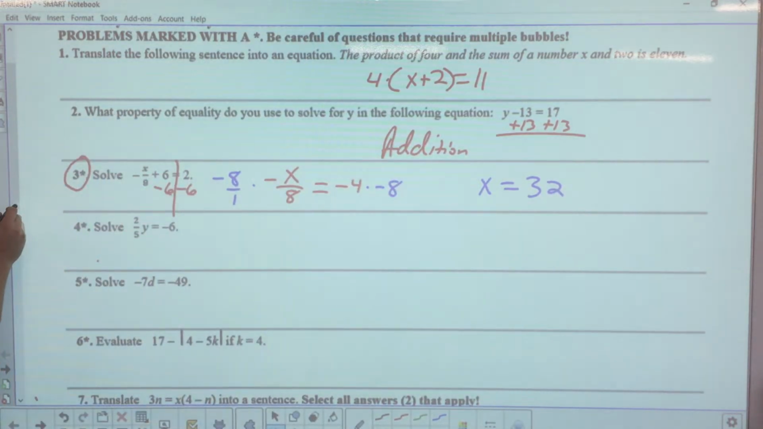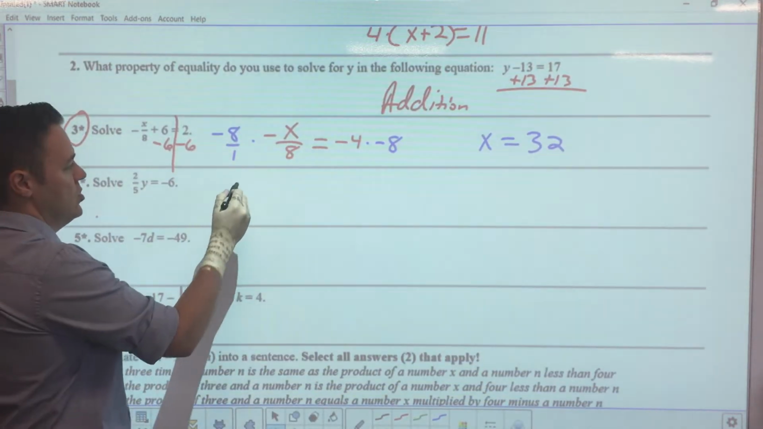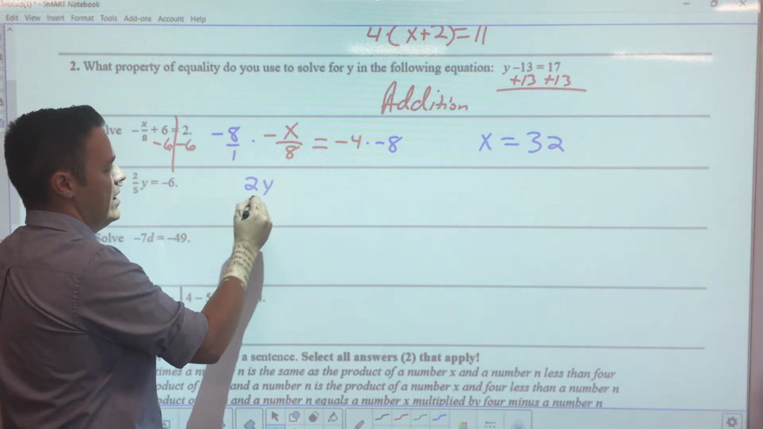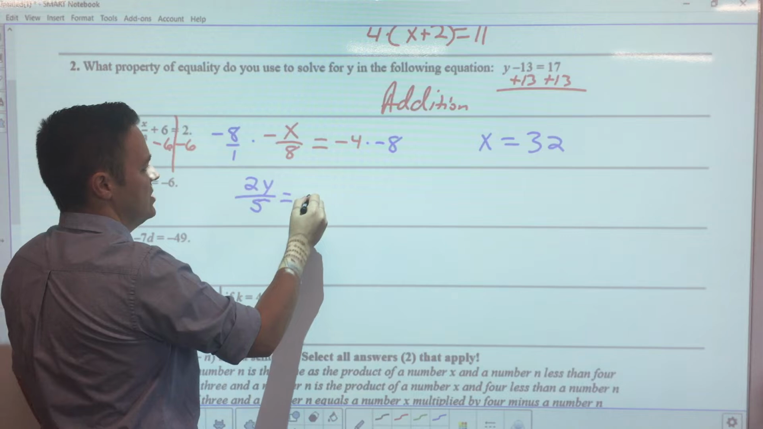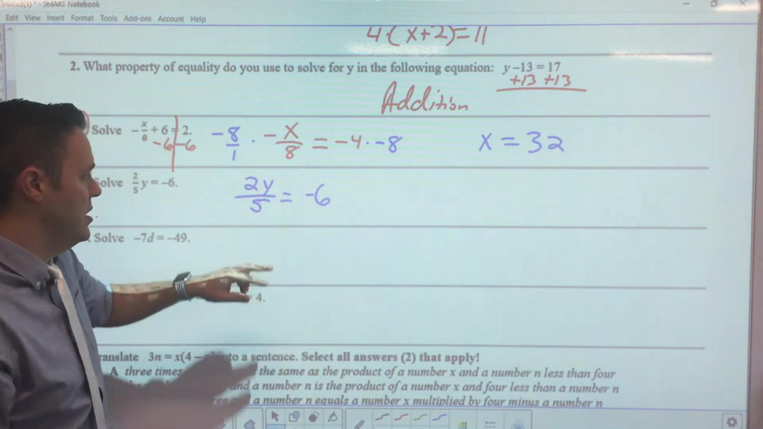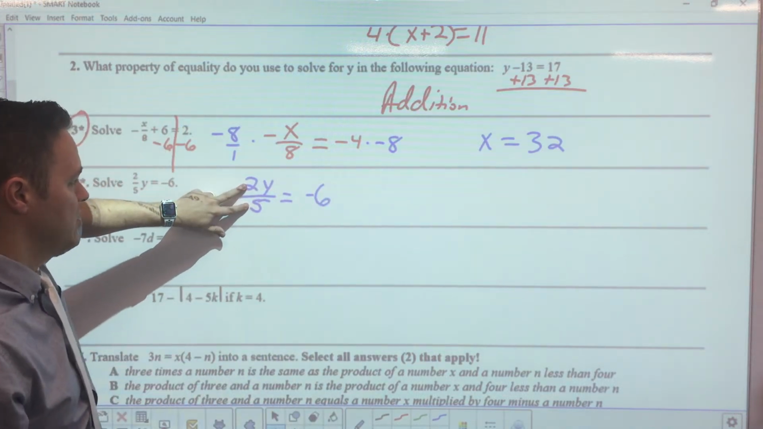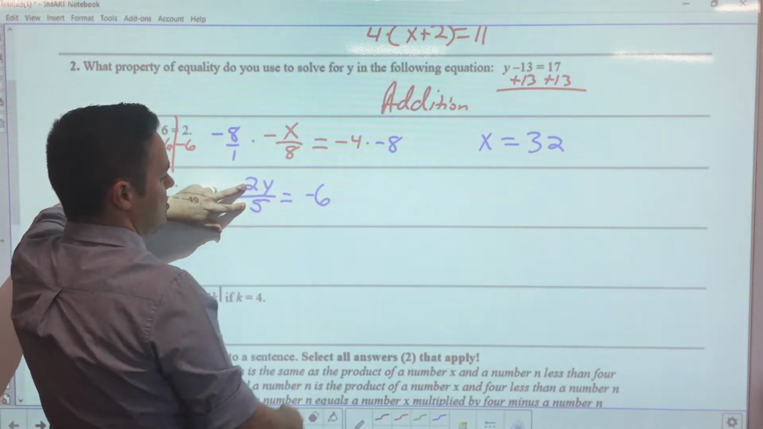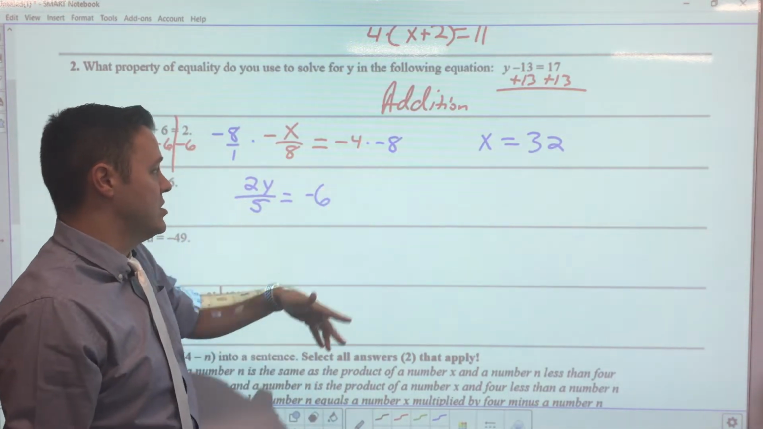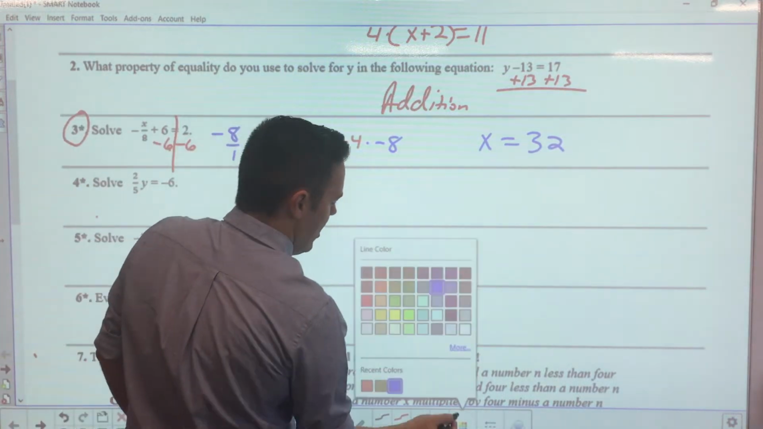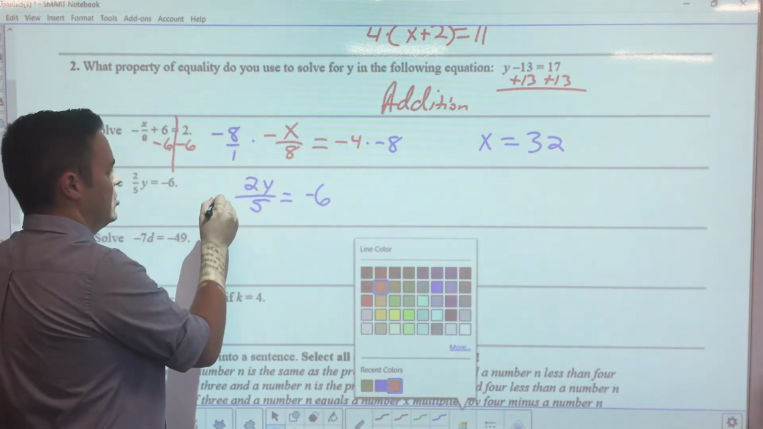32. All right, solve this equation. We'll go old school. All right, so it's 2y over 5, that's what this basically means, equals negative 6. Now there are two ways to do it. One would be to multiply both sides by the reciprocal. Okay, so you would multiply it by 5 over 2, multiply this side by 5 over 2, but some of you I know felt uncomfortable doing that,